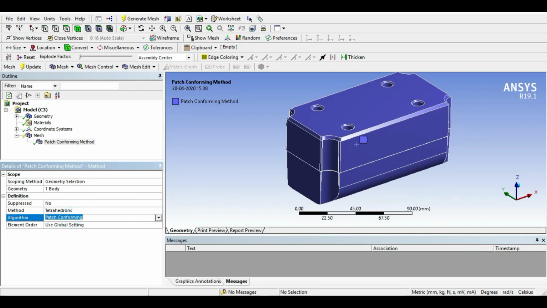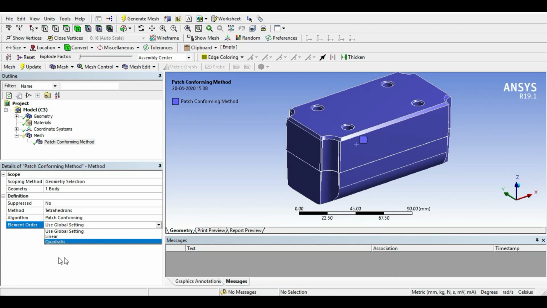So from this algorithm you can select any of these two options, that is patch conforming and patch independent. When you select patch conforming, then there is another control, that is element order. So here the same element order is given, linear and quadratic, that is a single order element and a second order element, right?